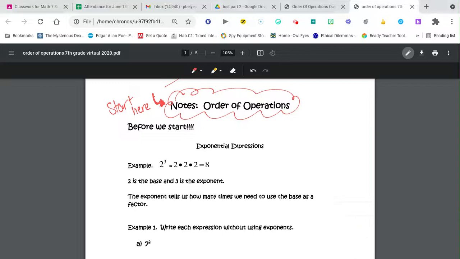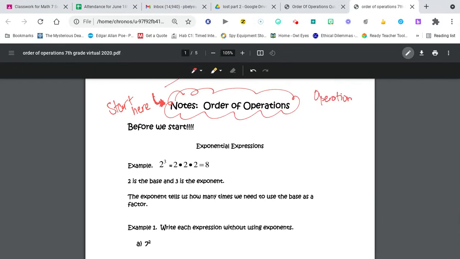All right, so we're going to start today by going through the notes for order of operations. But before we get into the actual order of operations, and when I say operations, I mean, operations simply mean